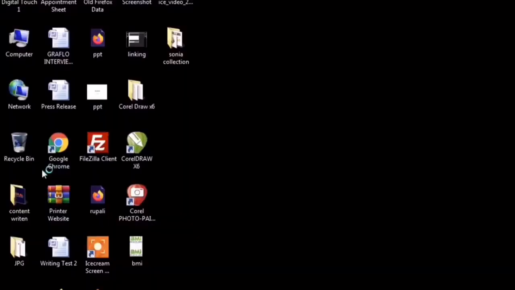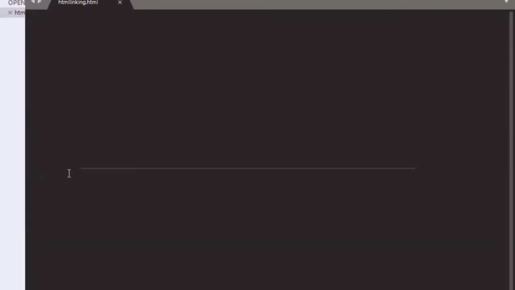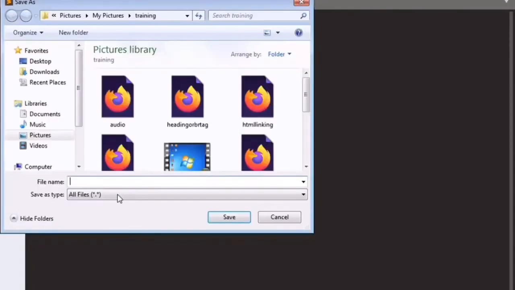Now we will open Sublime Text and create a new file, and we will save the file.